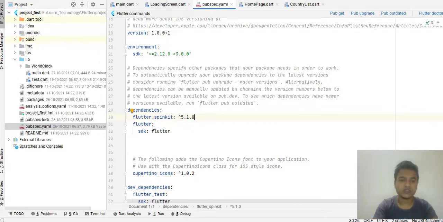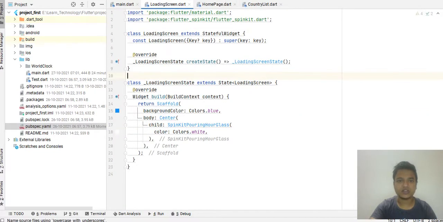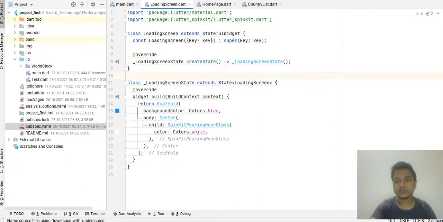Just below this you can add this dependency, either below or on the top. Just copy and paste this line. After some time, when you do some code here, it will show you the get dependency option. You have to click on it, don't forget about it.